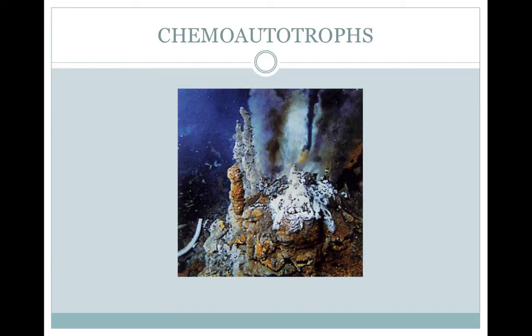Chemoautotrophs obtain their energy by oxidizing inorganic substances, and they use some of that energy to fix carbon dioxide. For example, deep-sea hydrothermal vents are ecosystems that are dependent on chemoautotrophic bacteria. They're the basis of the food chains in these communities at depths of up to 2,500 meters. This is below any hint of sunlight. They get energy by oxidizing hydrogen sulfide, released in the near boiling water flowing from volcanic vents in the ocean floor.